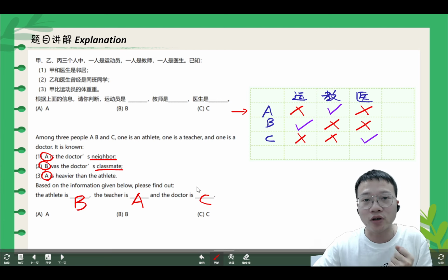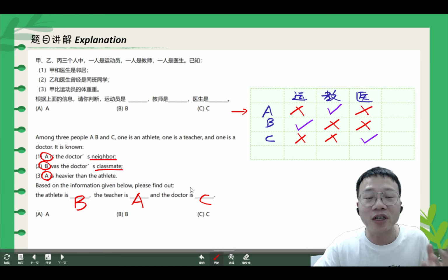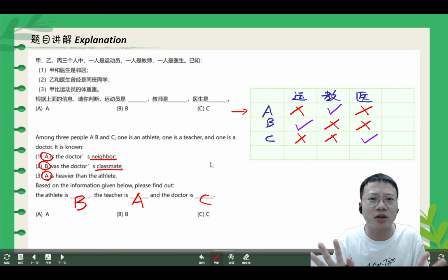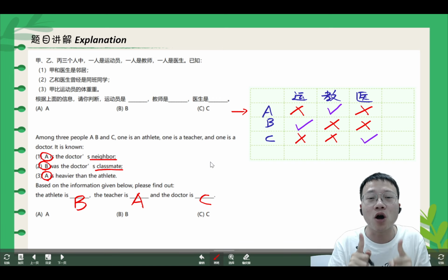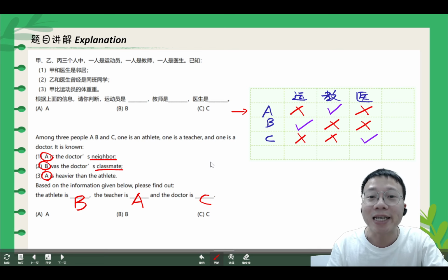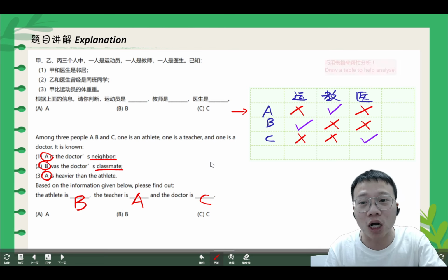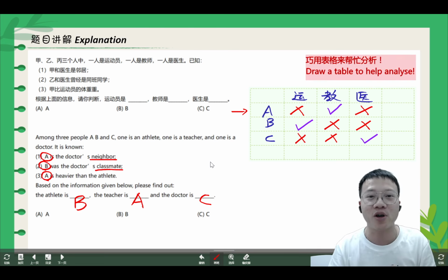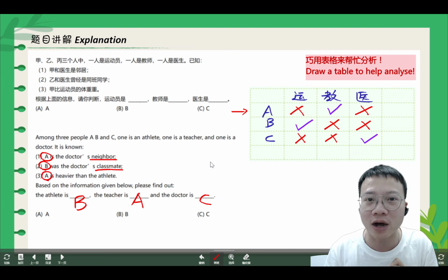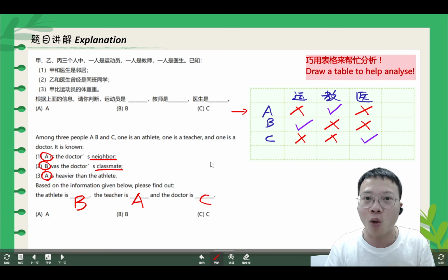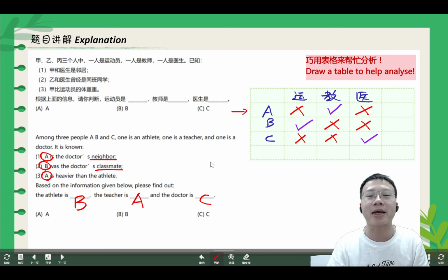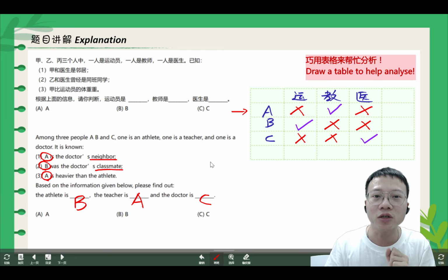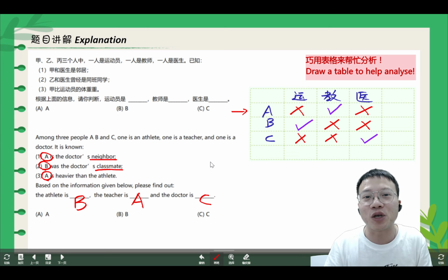Okay, so here, to sum up a little bit, what can we do when you have a lot of information going on? Yes, don't forget to use the table. 一定要用表格的方法啊，帮助小朋友们去分析。OK，那所以接下来呢，希望遇到类似的题目，你们可以自己给自己画个表格，去分析一下每个人的真实的情况，好吧？